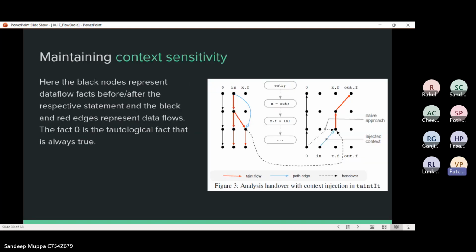Maintaining context sensitivity. Here we can see the diagram of the analysis handover with context injection in taint. The black nodes represent the data flow facts before and after the representative statements, and the red edges represent data flows, and the fact 0 is a tautological fact that is always true.